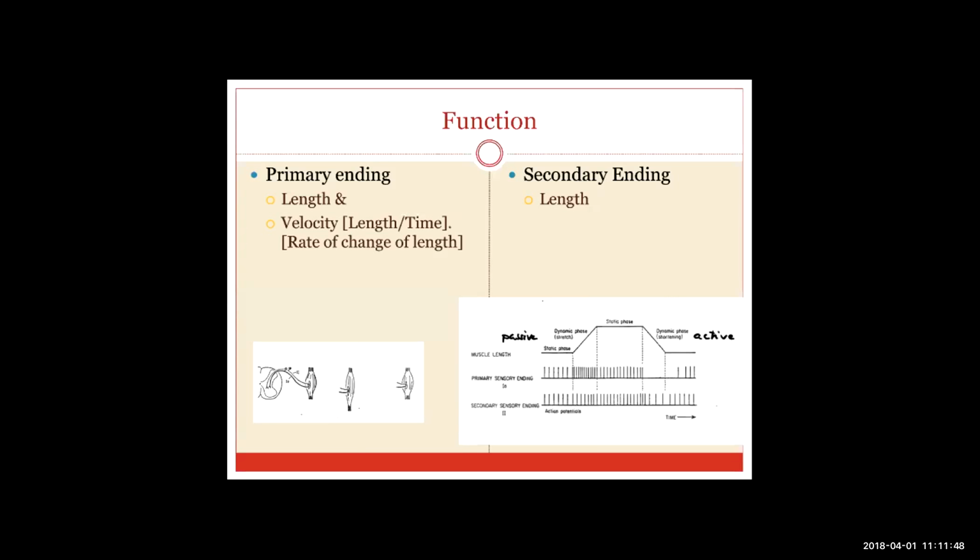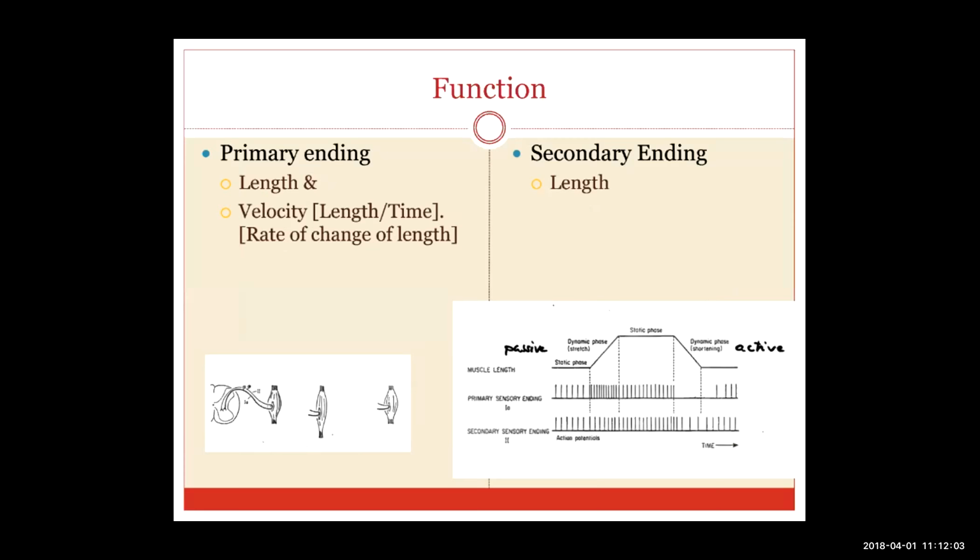So what happens is in the graph which is shown, in the lower part of the graph where the secondary endings are sending, you can see that as the velocity changes, the secondary sensory endings do not change the impulses which are passed, basically because they cannot and they cut off. Rather, the primary endings, you can see that they are increasing the stimulus, they are increasing the rate at which the information is going. Okay, right? So this is how the information about length and velocity is going to the brain.